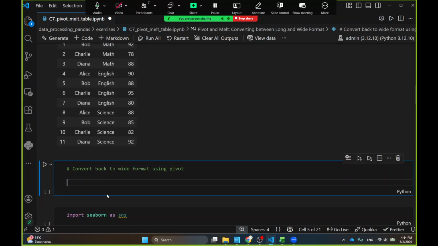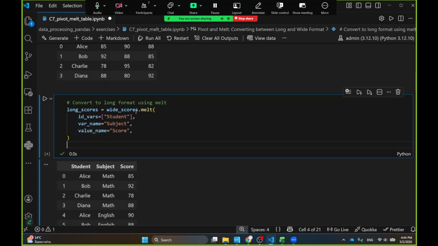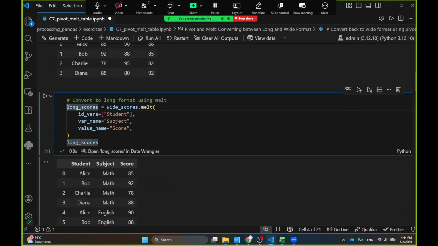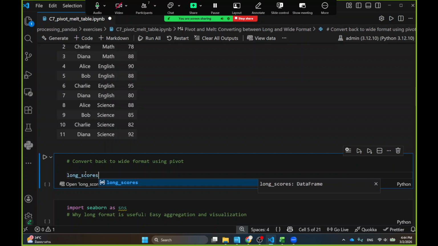Okay, so this is what we're going to do. We're going to convert back to wide format, and the command is, okay. I need to put this one into another data frame called long score. And then I'm just going to type it in like that. So I got the variable, okay? And if I want to convert it back into the wide format, I would just do long scores dot